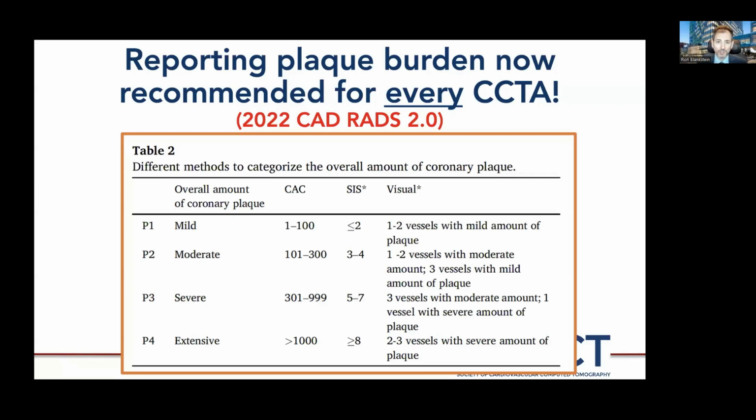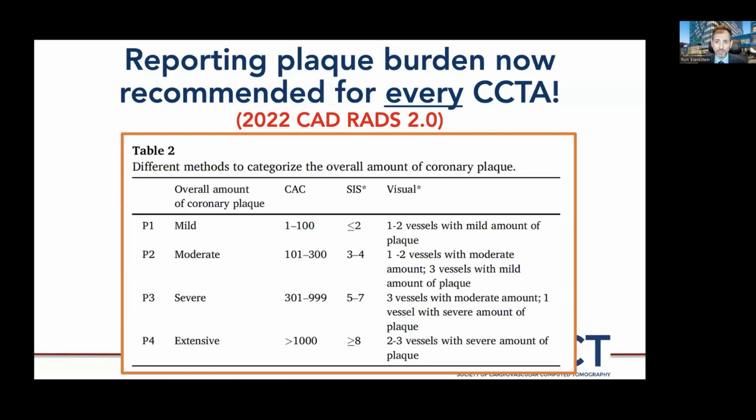But if there's any plaque, you now have to give a P designation, and that's going to be P1, P2, P3, and P4 for mild, moderate, severe, and extensive amount of plaque. We had a lot of deliberations on how we can provide this information, and ultimately we wanted to allow flexibility for sites. So we offer 3 different ways to estimate how much plaque is present. One of them is a calcium score, and we